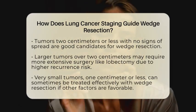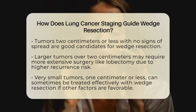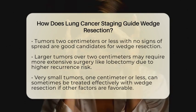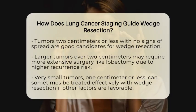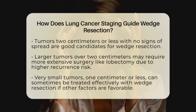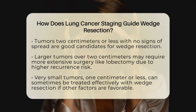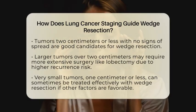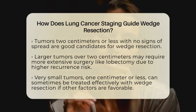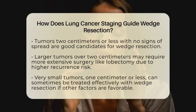Location also matters. Tumors near the surface of the lung, called peripheral tumors, are easier to remove with a wedge because surgeons can get clear margins without needing to cut through major blood vessels or airways. Central tumors, located near the lung's center or hilum, are more challenging because they are close to vital structures. Removing these with a wedge might not be enough to ensure all cancer cells are gone, so more extensive surgery